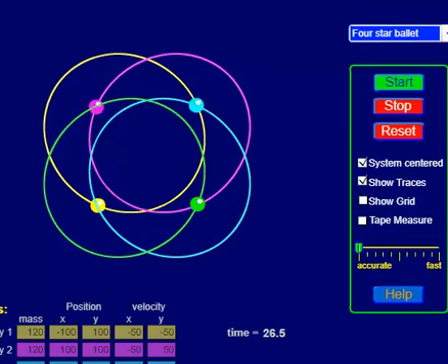It is very sensitive to the time step that is being used in the computations, even though the starting conditions are exactly the same. So when we look at our own solar system,